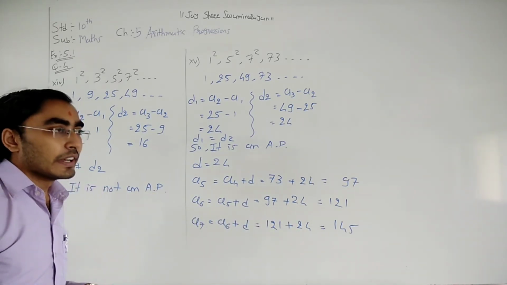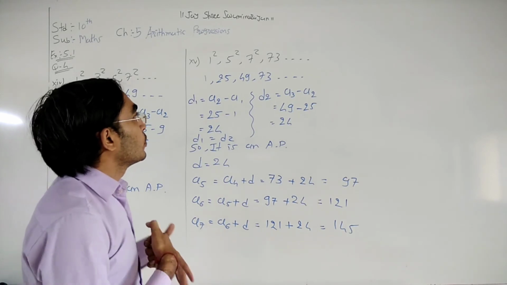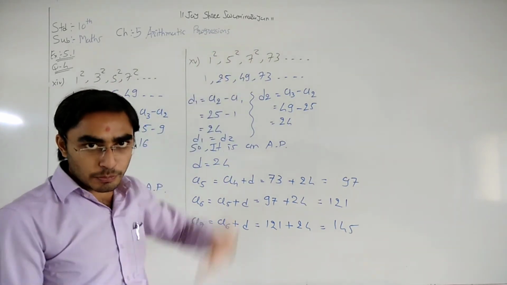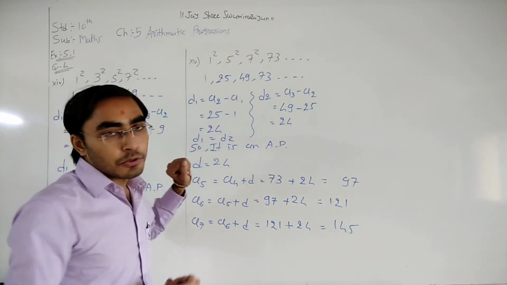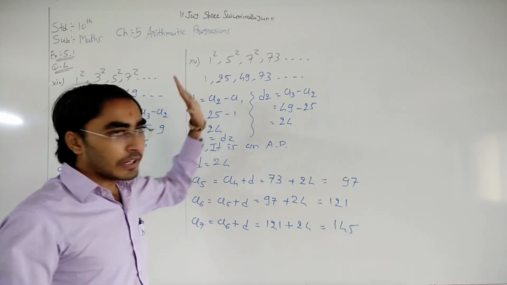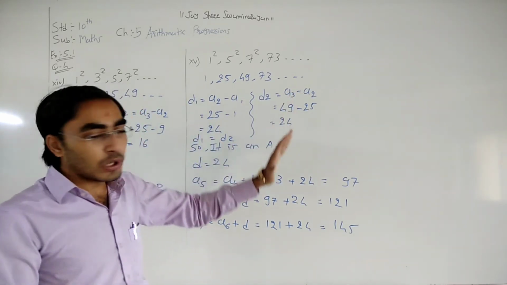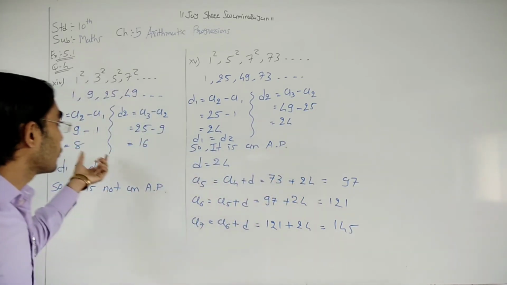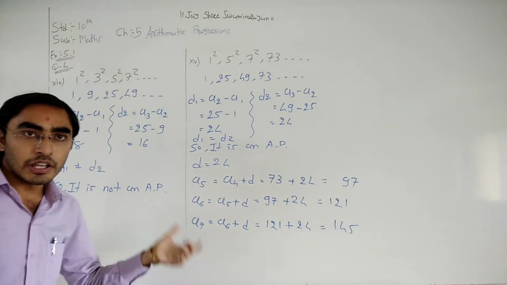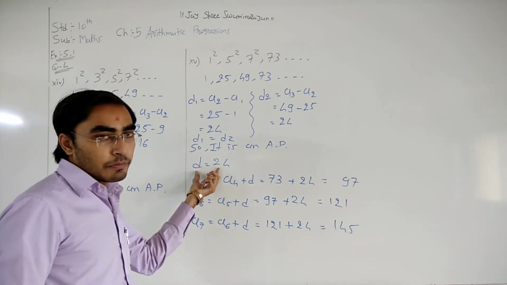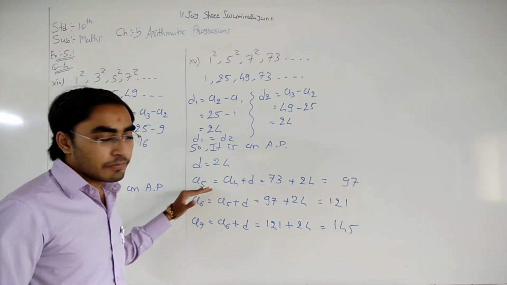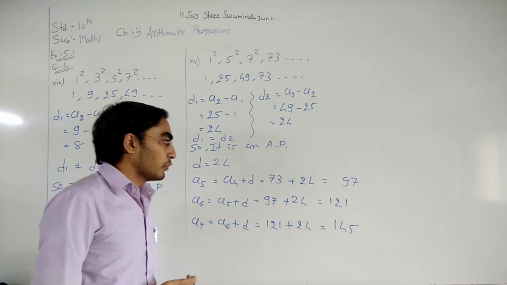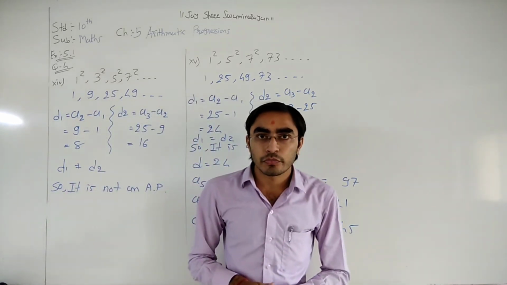Okay, so first of all, if it is required, then we need to convert a series into simplest form. After that, we need to find common difference d1 and d2. Okay, if these two answers are same, so d1 is equal to d2, it is an AP. If these two answers are not same, it is not an AP. If it is an AP, write the common difference d and three more terms a5, a6 and a7. So in this way we can solve this question.